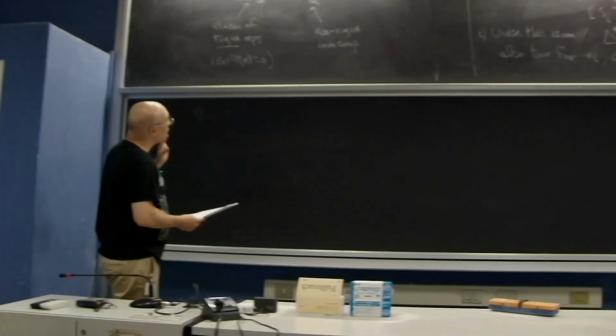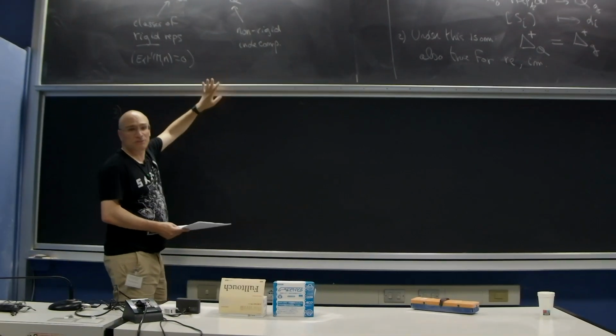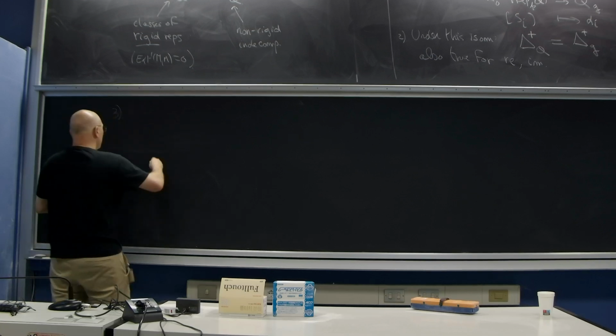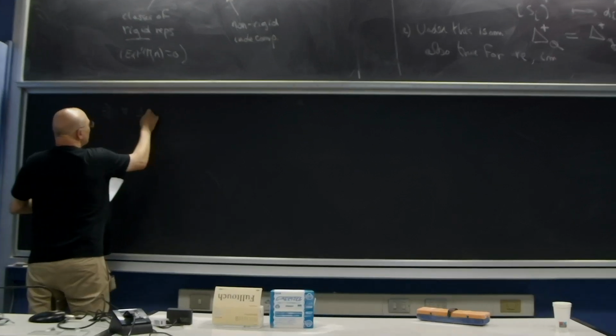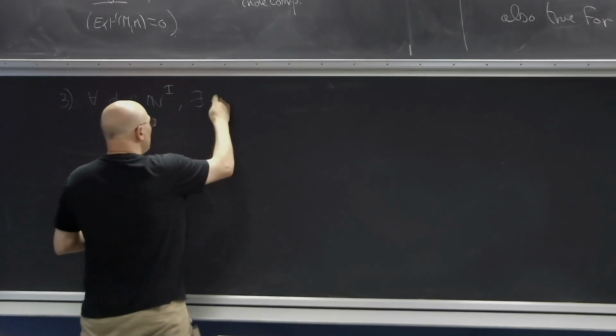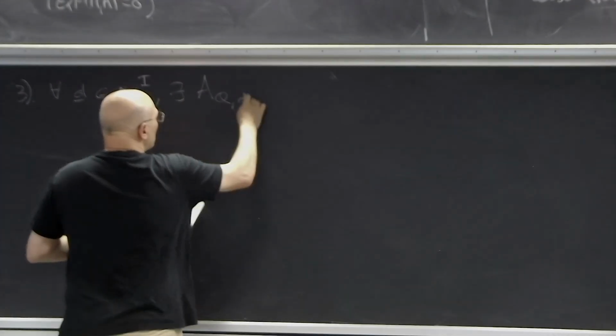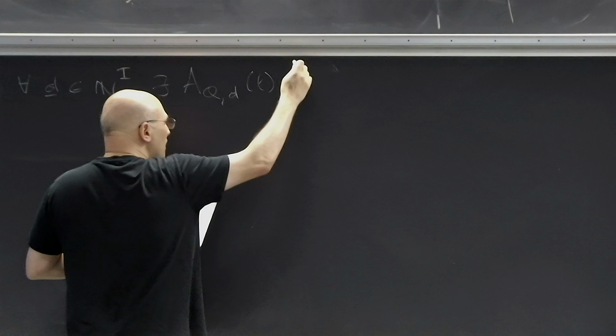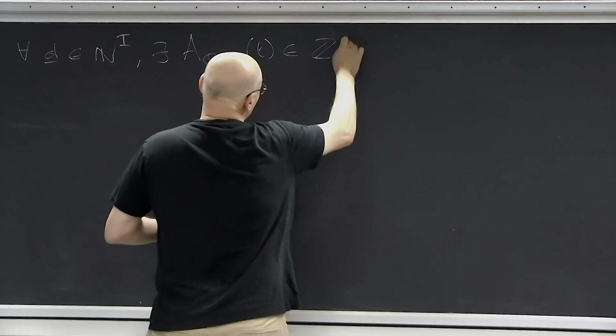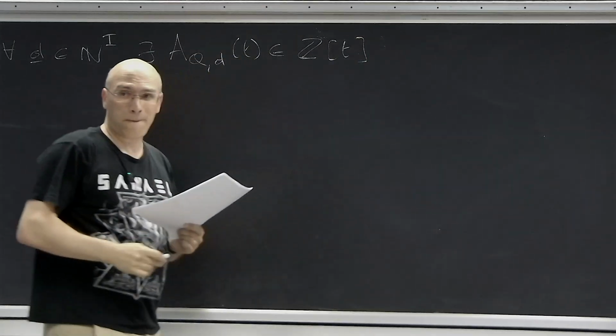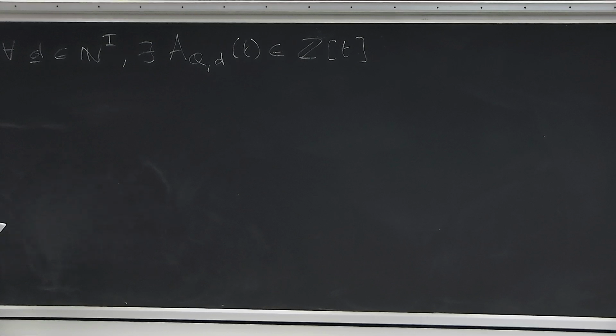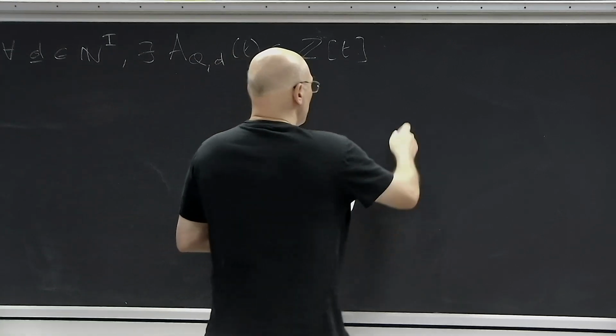But we can also quantify the families of representations in a nice way, and this is the following theorem. For any dimension vector, there exists a unique polynomial. Kac proved that it has integral coefficients, but in fact now it's known to be positive integral, and for very good reason. But let me just state the Kac theorem, such that